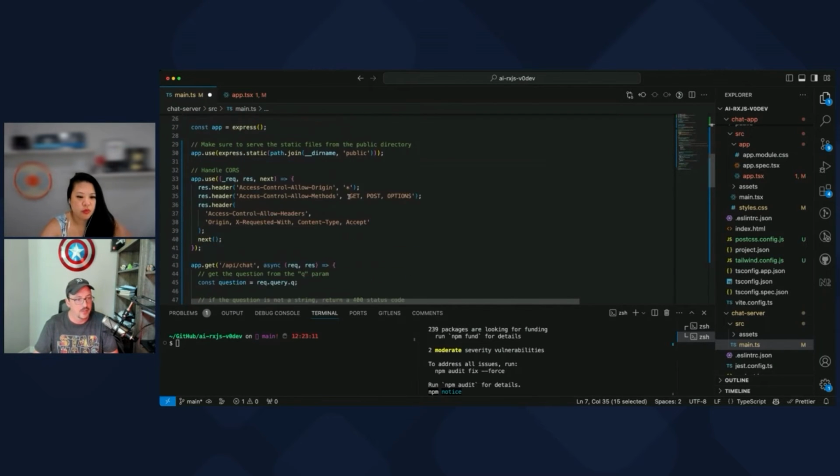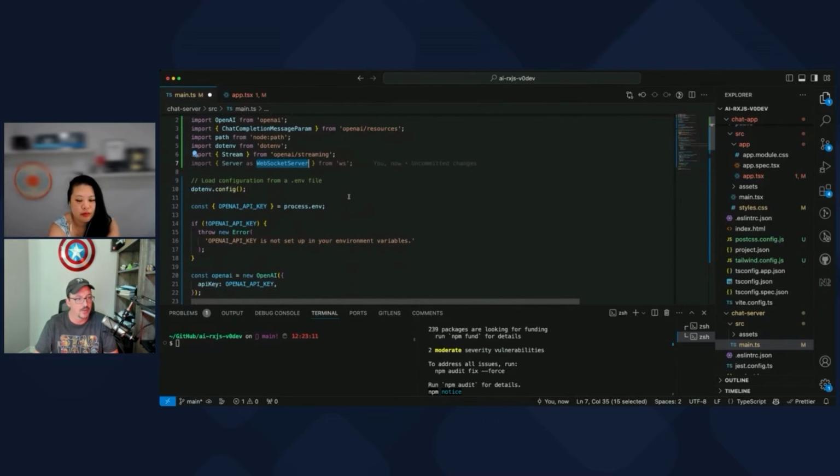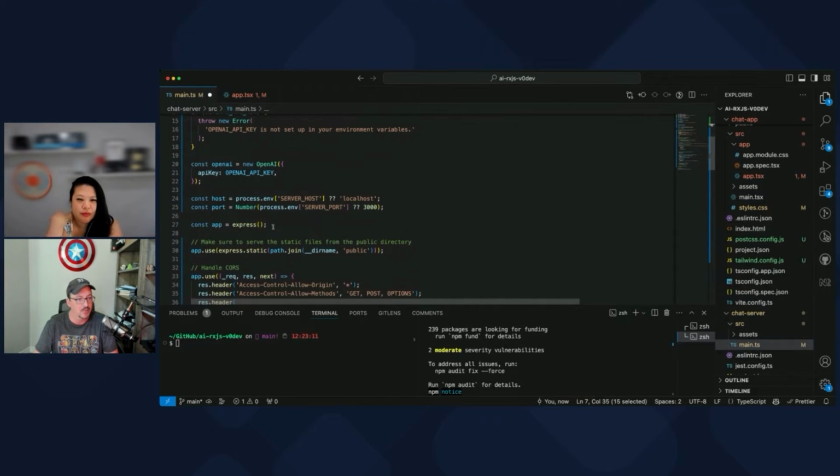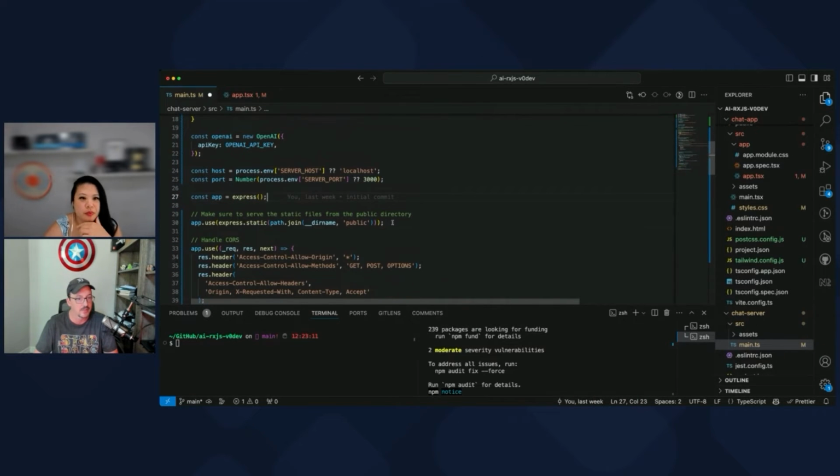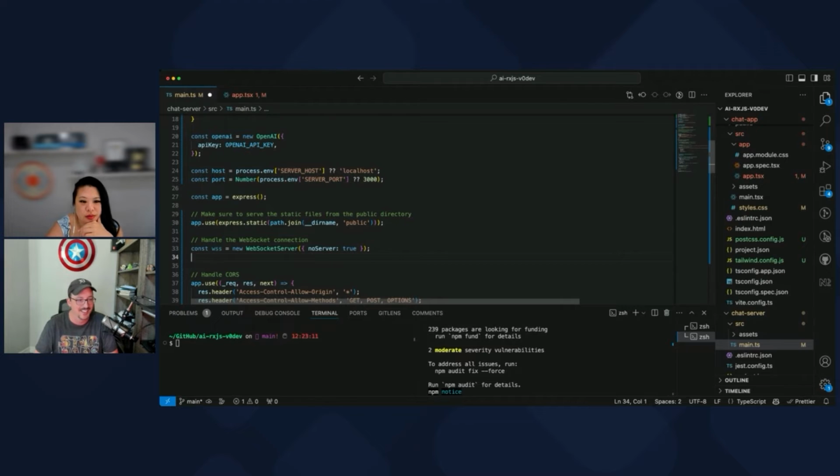And then down here somewhere, we need to wire this stuff up. So we've got our app, which is Express. We've got this handle WebSocket connection. Look at it go. Woo! Let's see. All right.